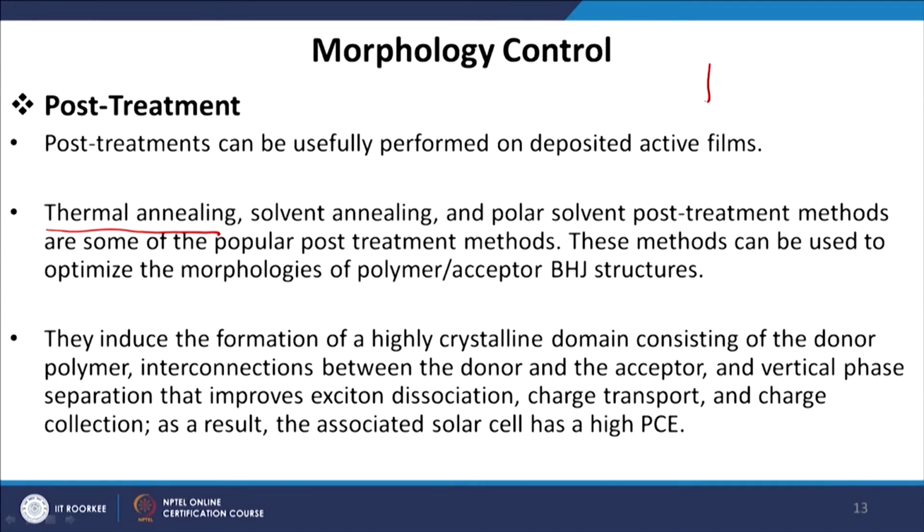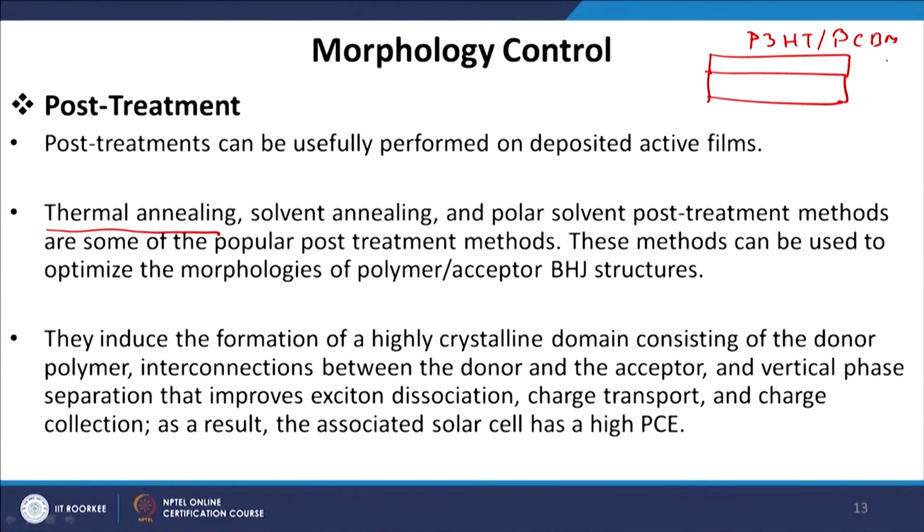Let us say I have this substrate on which I made this P3HT PCBM film. Again, we take this example of this conventional material, P3HT PCBM. Now, after making the film, I want to enhance or ensure the crystallinity of the film. One way of increasing the crystallinity is heating the film. The heating of the film is called sintering.